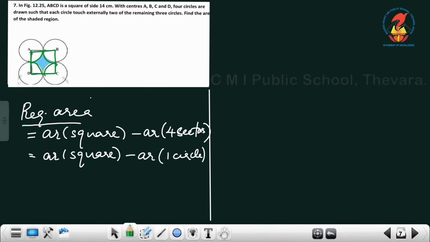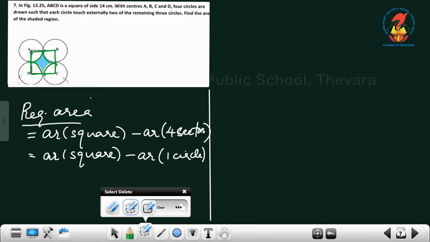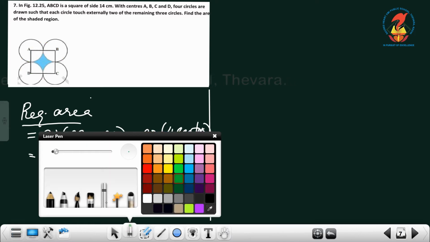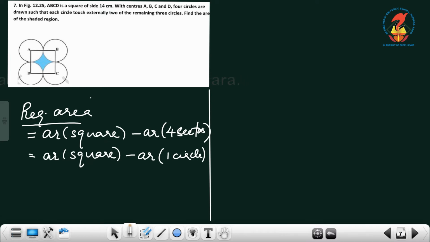What is the radius of the circle? See, this is the radius. That means half of 14 is the radius. Half of the side is the radius. So, radius is equal to 7 centimeter. So, what we can write is